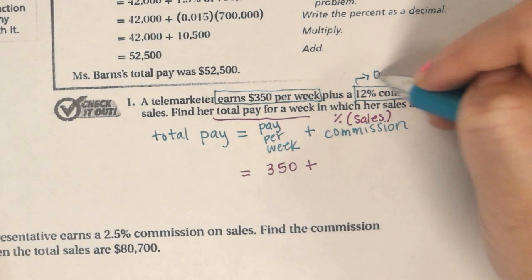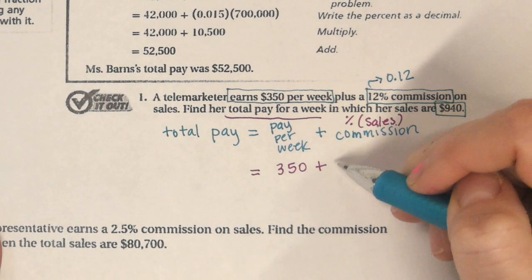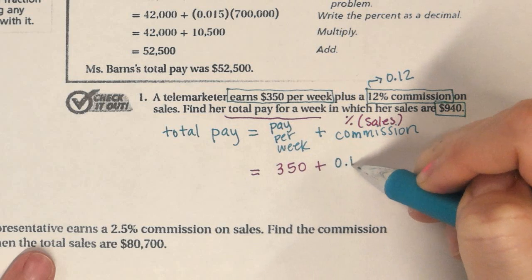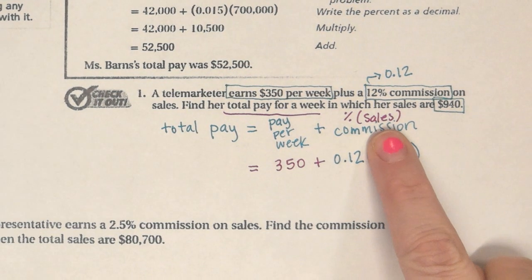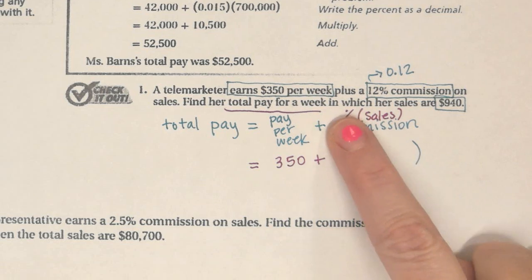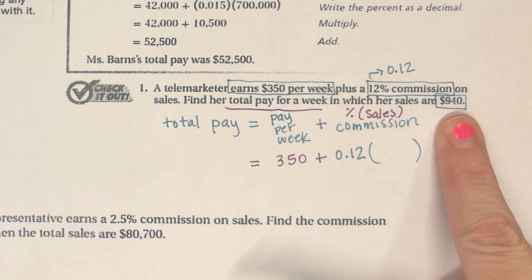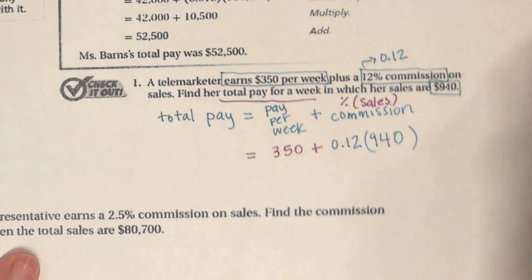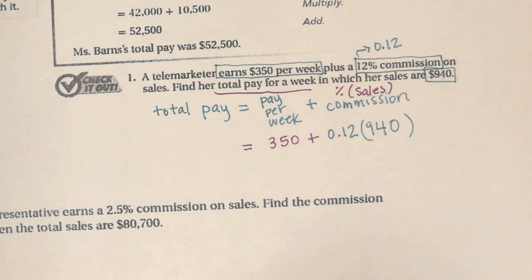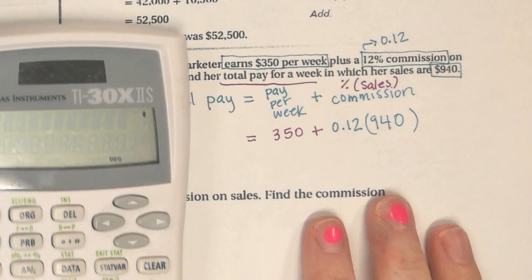good. So that's what we're going to plug in. So 0.12 times the sales. So it says in which her sales are $940. So that's what we're going to plug in. And I'm going to help you plug this in on your calculator if you need it. If you are feeling good, you can do this